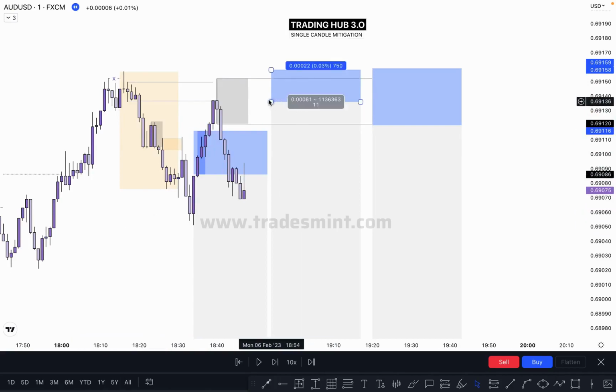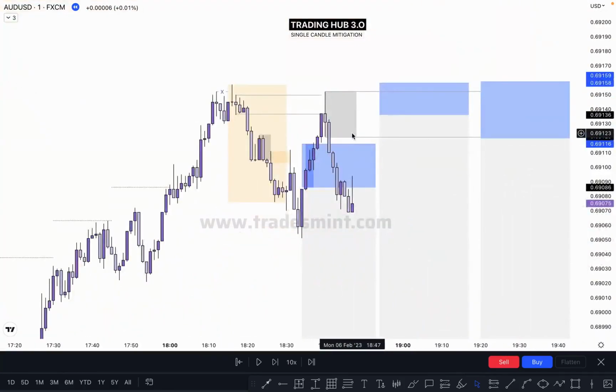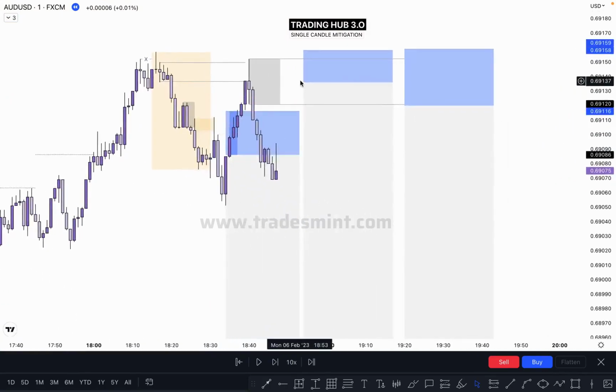Okay, but the first entry is active here, and the next time, sometimes the market mitigates this one and sometimes not, as we did in the previous example. Sometimes the market does not mitigate our pullback entry, like a single candle order block entry. Okay, the direct entry is always here, and at the current price action, as you can see, the candle has taken